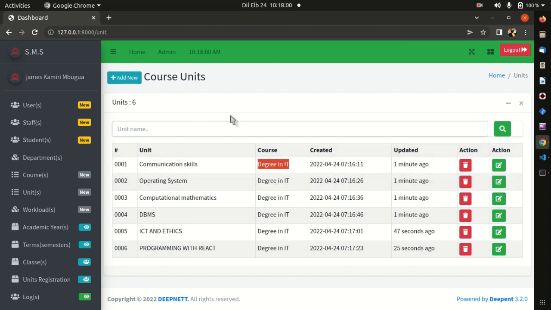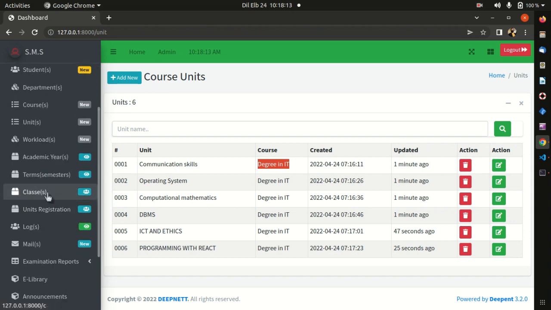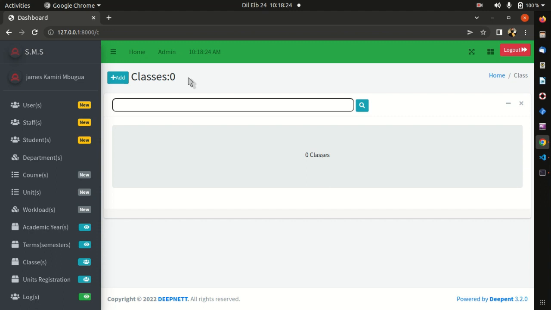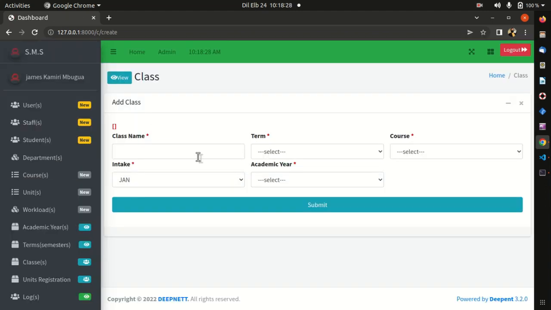The department, we have seen how to deal with that. In the courses we have created, we have the units, but before that I would like us to add some classes where we can enroll some students, and we can continue from there. Right now, if I click on classes, you can see we have a total of zero classes. Clicking on add, you can see that we require a certain term,